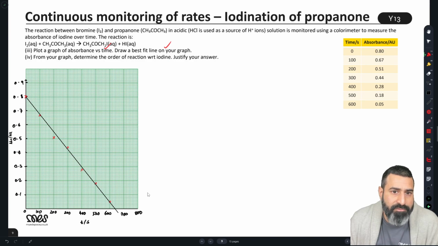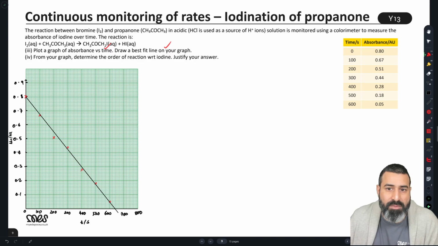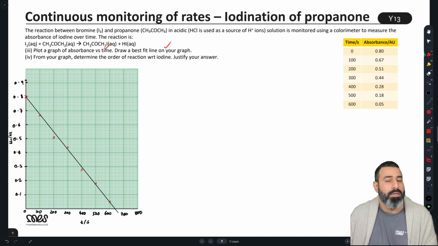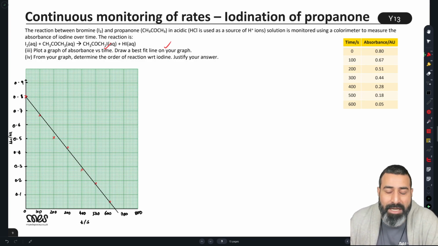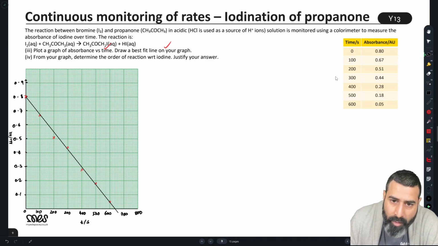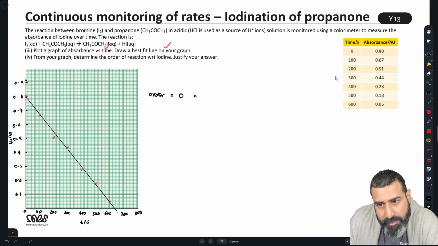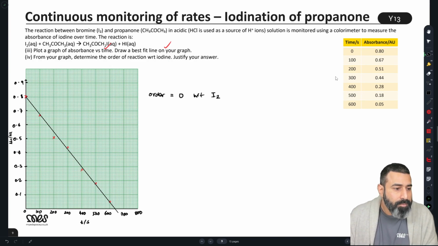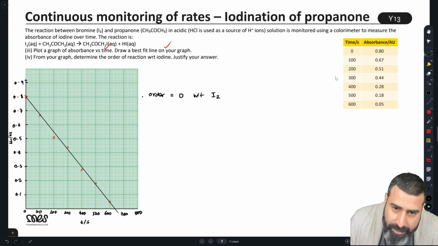Done. So from my graph, I now have to determine the order of reaction with respect to I2. Remember, we're looking at the absorbance of I2, so we can determine the order of reaction with respect to I2 because absorbance and concentration are proportional. So let's go. The order is 0 with respect to I2. This shows that the rate is independent